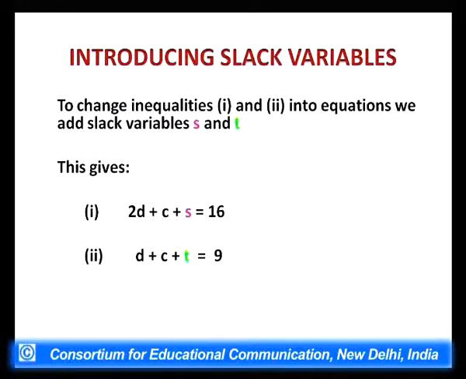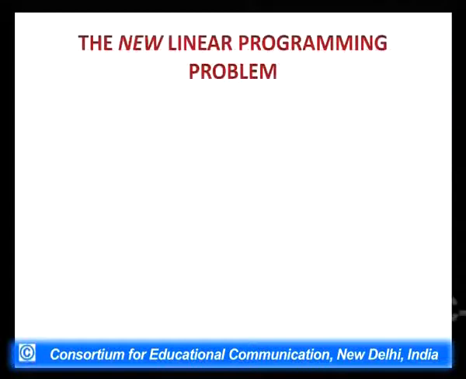So this particularly required a bit of explanation, because once this is understood, then the entire simplex method will become very, very simple to understand and very simple to operate also. Now these two constraints have been converted into equalities. And the next is, now the new linear programming problem will look like: